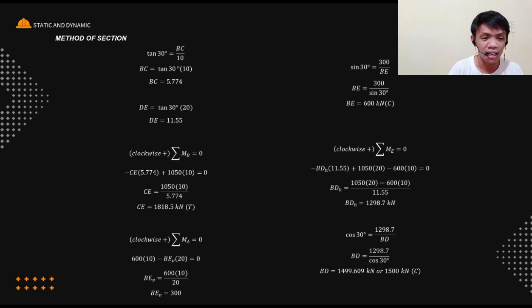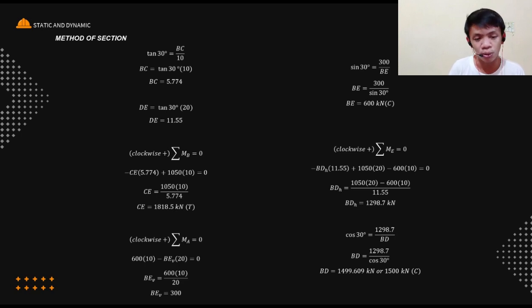Since yung BDH is counterclockwise, na may moment arm na 11.55, so negative BDH multiply by 11.55 plus yung sa RA natin, which is clockwise, magiging plus 1,050 multiplied by 20 minus 600 multiplied by 10 is equals to 0. So, i-isolate natin yung BDH, ililipat lang natin sa kabila para maging positive. Ang makukuha natin is 1,050 multiplied by 20 minus 600 multiplied by 10 over 11.55. So, yung makukuha nating forces or yung force na makukuha natin para sa BDH ay magiging equivalent sa